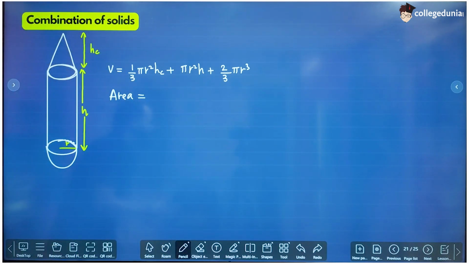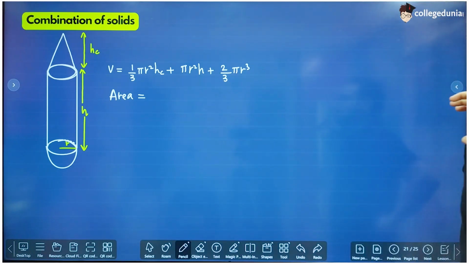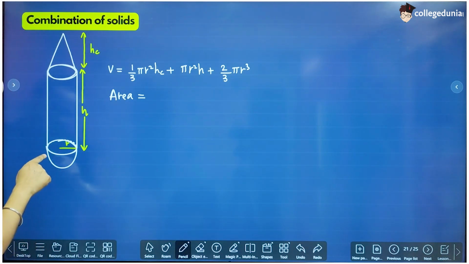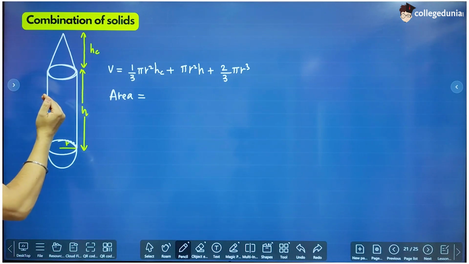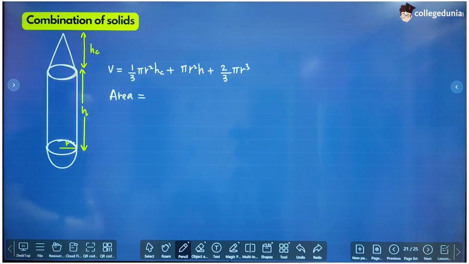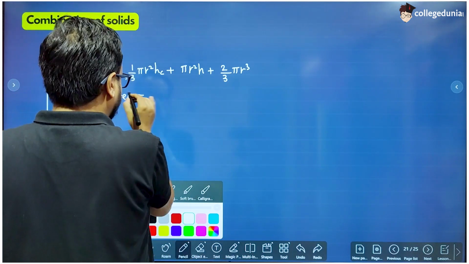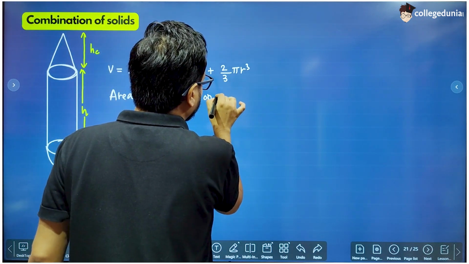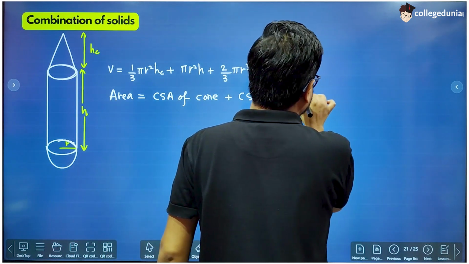And we have to use some brain in such type of questions. We have to carefully look at the figure, and we will see which parts are exposed outside and which are covered inside. So outside there are three parts: the curved part of this hemisphere, the curved part of this cylinder, and the curved part of the cone. So the total surface area of this object is CSA of cone